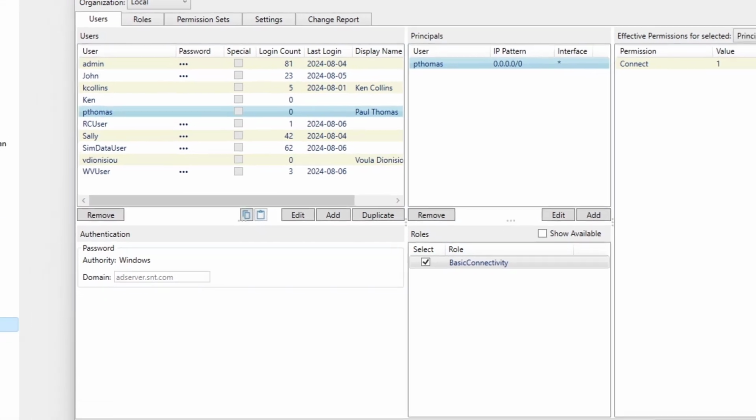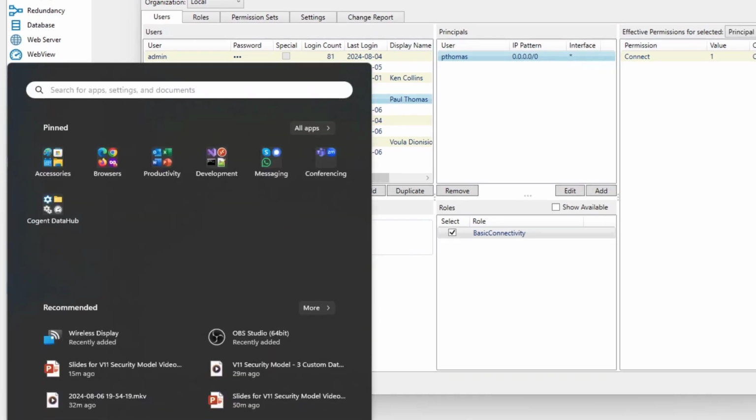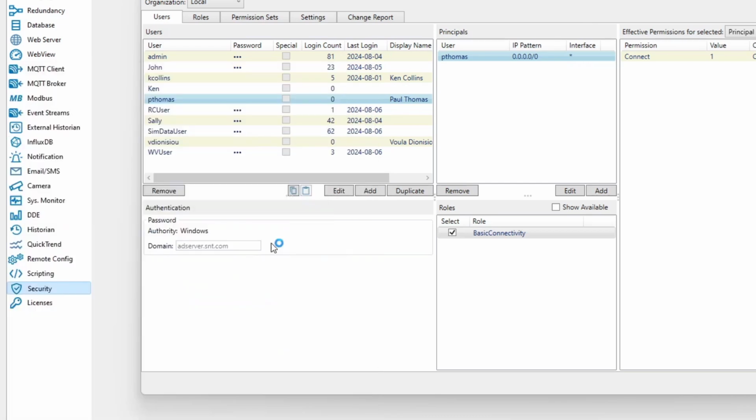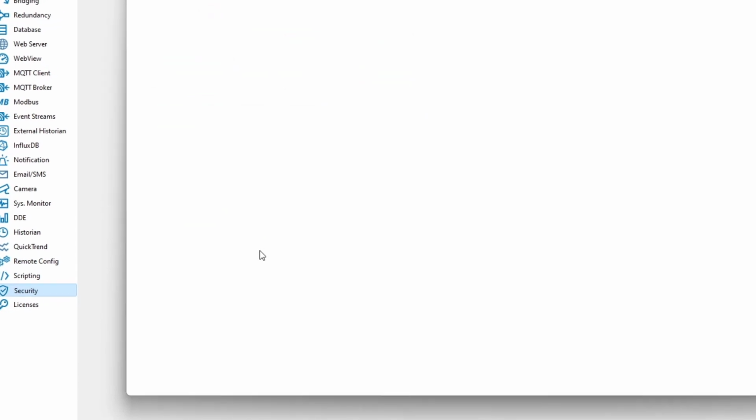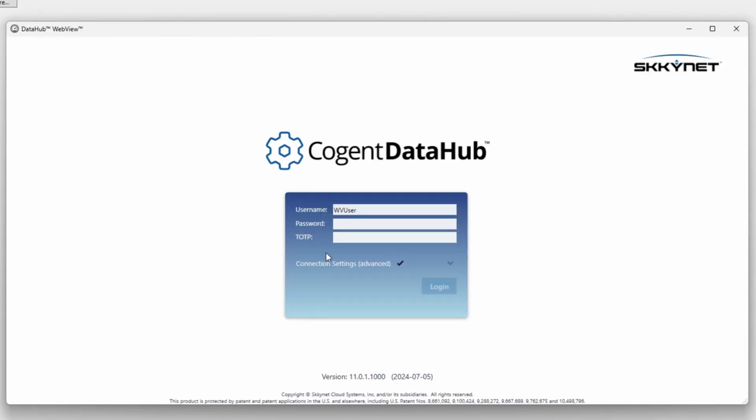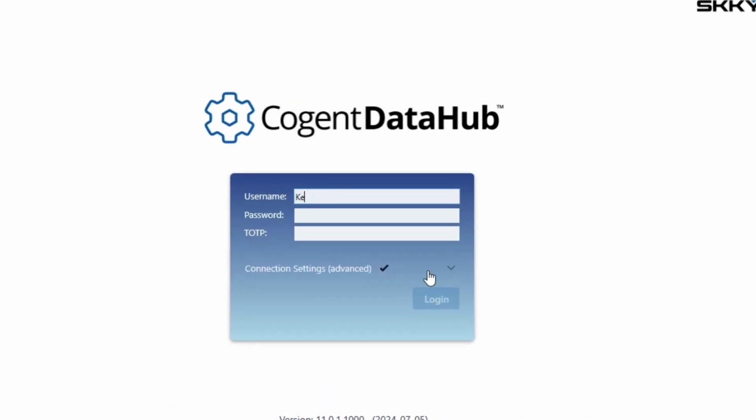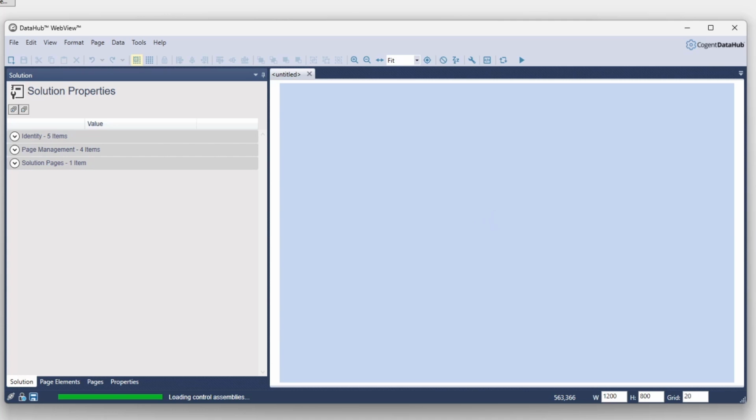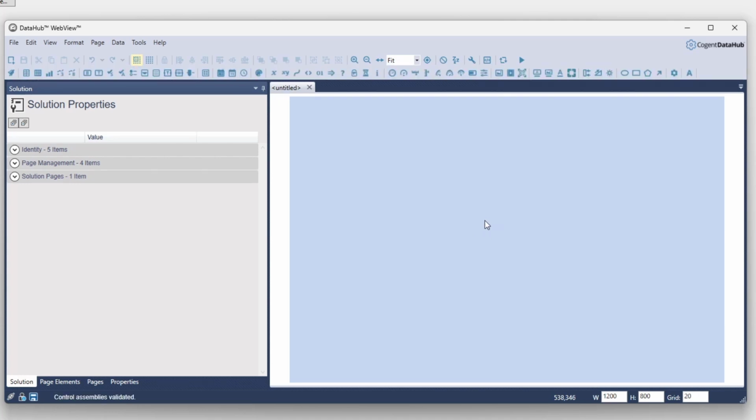So I should now be able to, for example, try logging in using WebView. So I'm going to start our WebView application. And the username is going to be Ken. This is my Windows credential, and I'm going to use my Windows password, and I can see that I have been authenticated by the Windows subsystem and granted access to